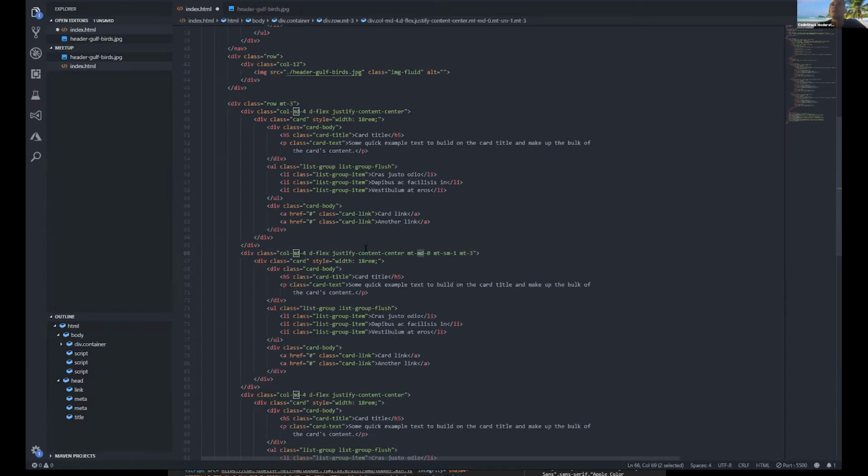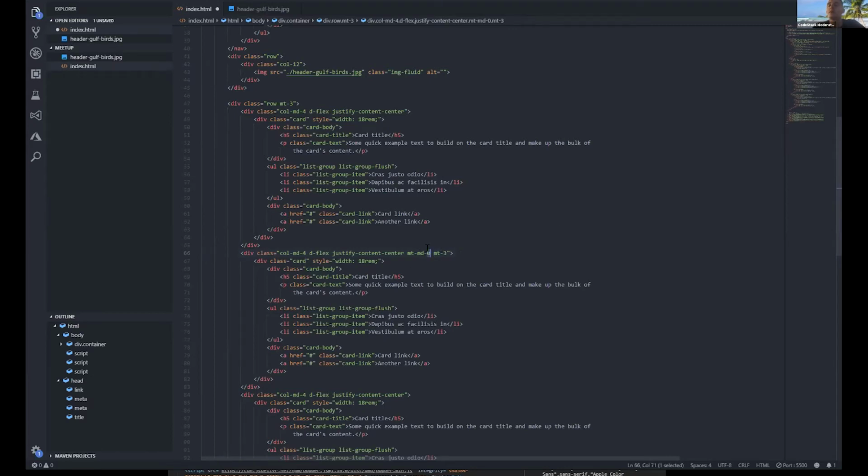So if I were to just do column without anything at the end of it, that would basically be saying column-extra small-4. When it hits extra small, it's going to blow out to 12. It's defaulted to do that. So if you're looking around online and you find something that says extra small, well, if you're using Bootstrap 3, you can use the extra small, but after Bootstrap 3 and Bootstrap 4, all the way up to 4.5, and I'm assuming further, you cannot use extra small. So anyhow,